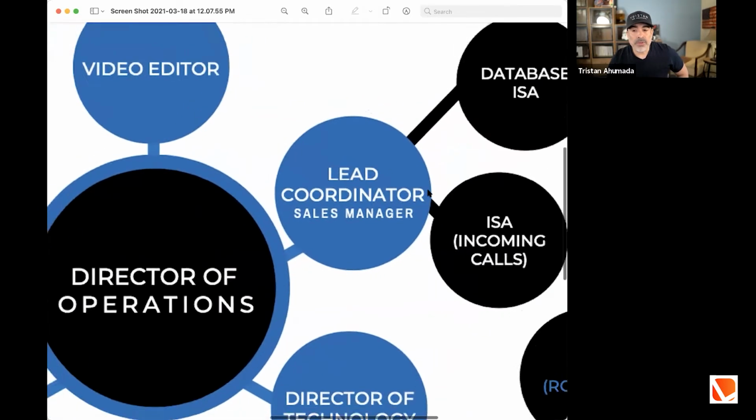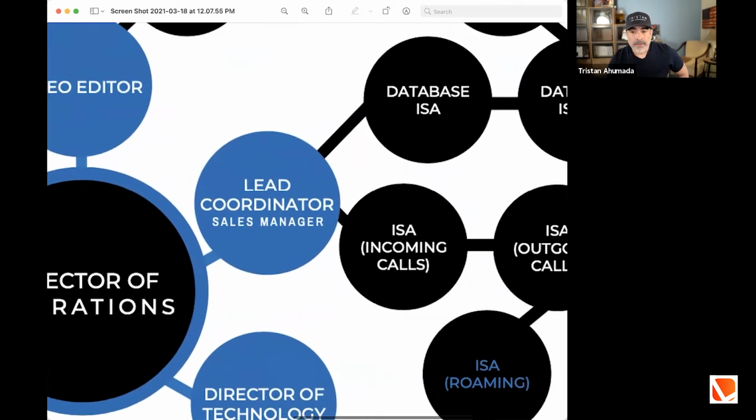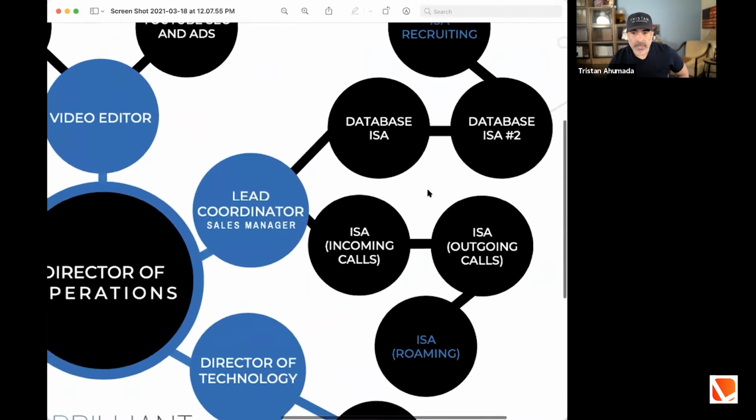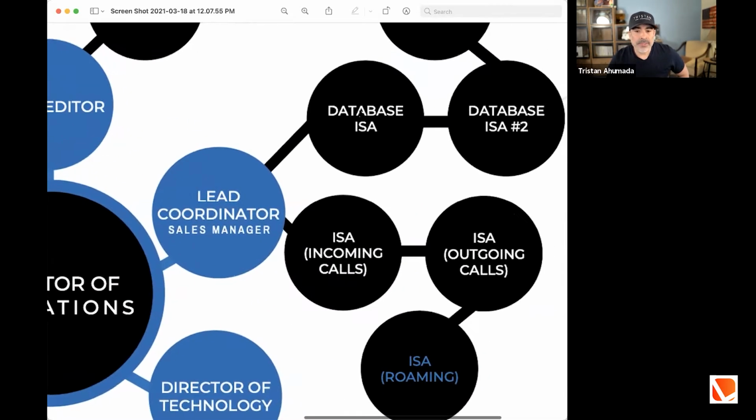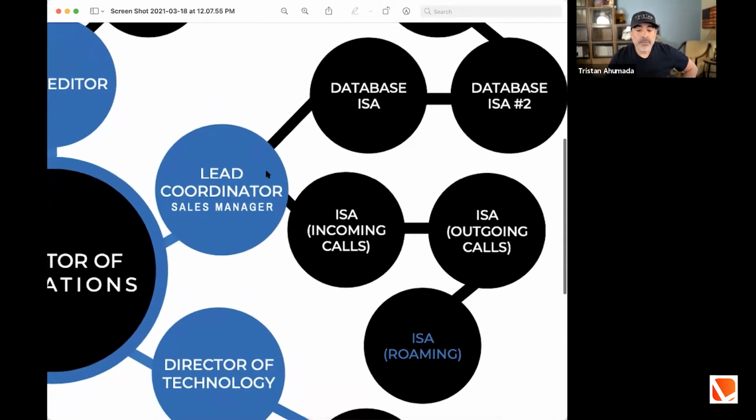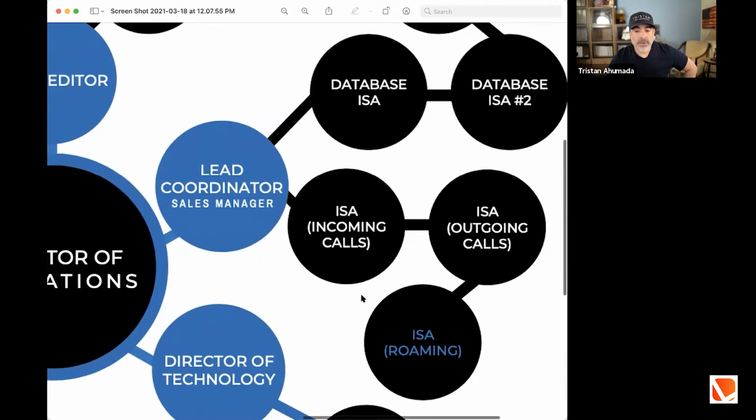And it started growing from there, right? This has been built out. I don't have a recruiter, but this has been built out. So now I have a database ISA and a second one, because our database is so large, right? And somebody who handles incoming calls and outgoing calls, right? And I don't have one that roams around yet, kind of like a helper.